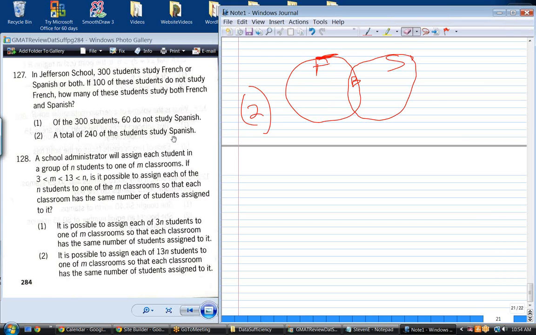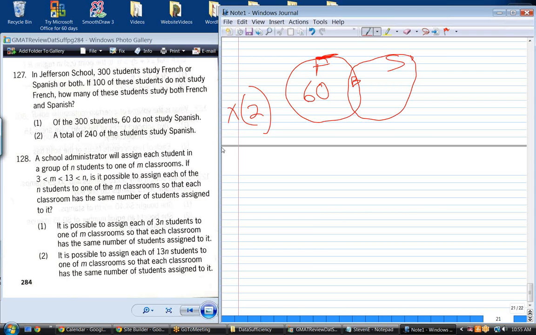240 students study Spanish. 60, that means this is 60. And yet we know 100 of the students at the school do not study French. Well, that doesn't say anything additional. You know what? I think it's got to be an X. I think that 2 may be helpful, because if you have 100 students that do not study French, that means